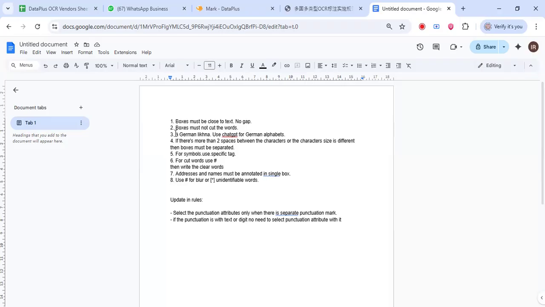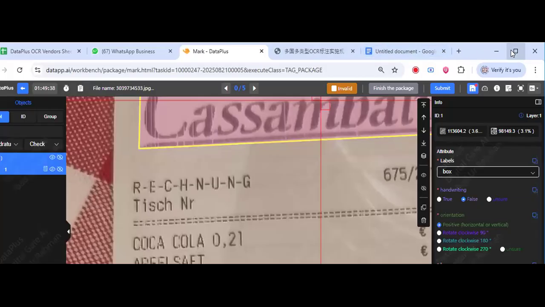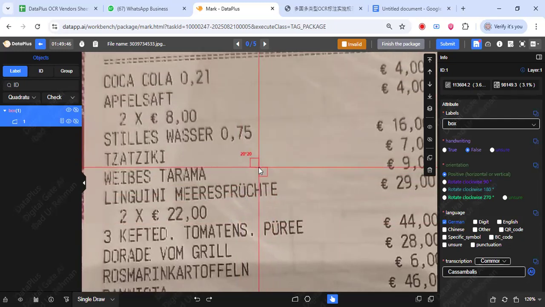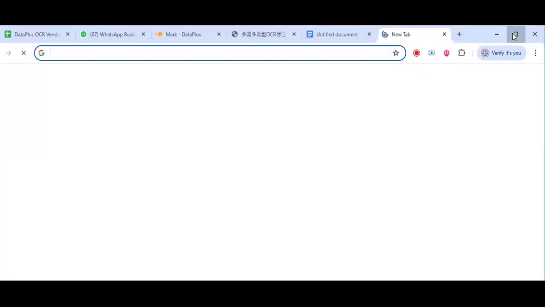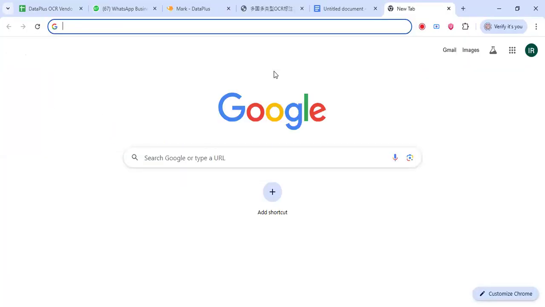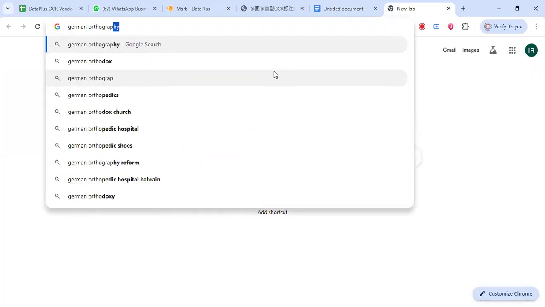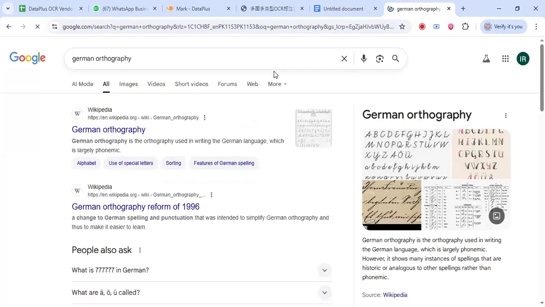The third point we have is for any character, any alphabet which cannot be typed using the keyboard. For example, here you can see that we have 2 dots on the U. Now these types of characters are pure German alphabets. We can't type them using our normal keyboard. So what you have to do is go to Google and search for that language. For now we are working on German, so I'm going to search German orthography. Okay, and on the first website, on Wikipedia,